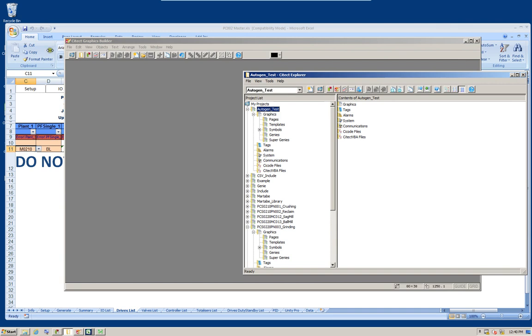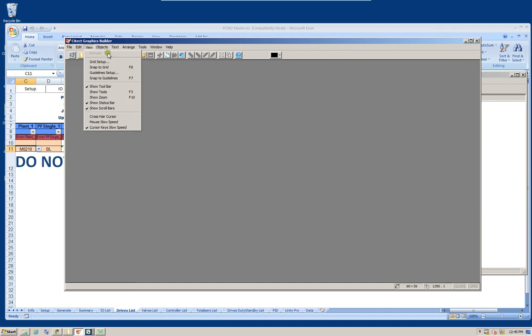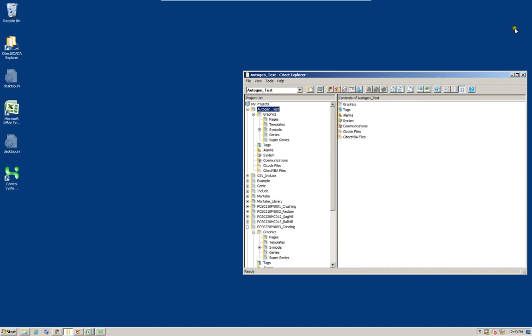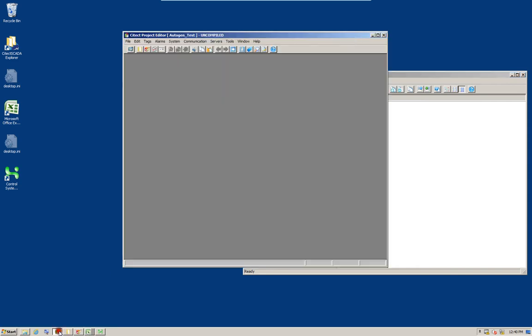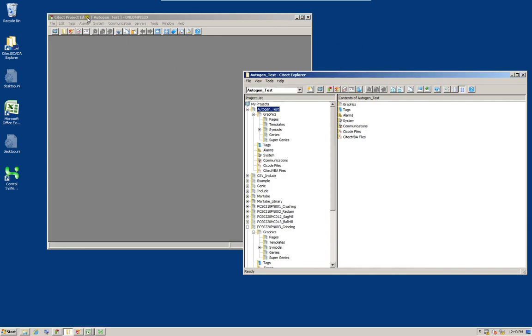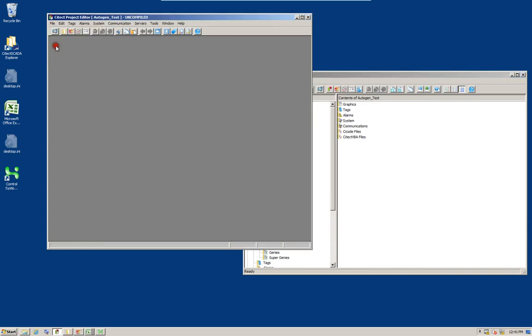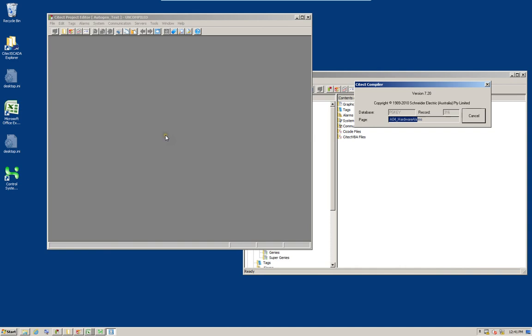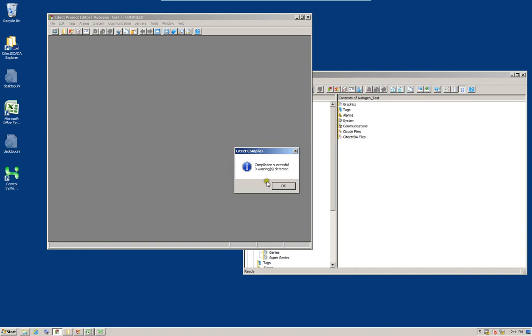So we'll compile this project first by packing all the database items and then compiling the project. It's a small project, so it will compile pretty fast, but we will first pack the databases, then do a compile and see whether we get some errors. So the compile has been successful, no errors, no warnings.